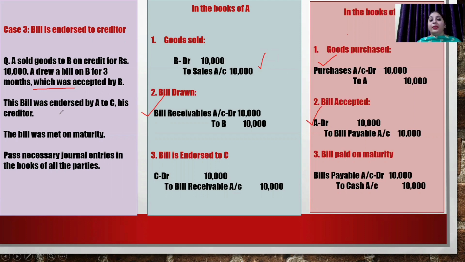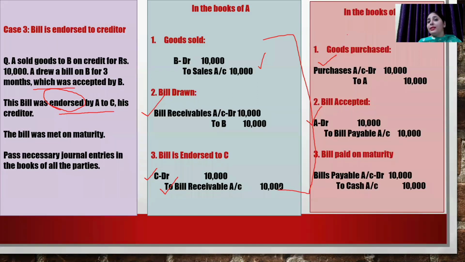Now this bill was endorsed by A to C. Endorsed means transferred. Let's say A has to give a certain amount to C. Instead of giving the amount, he said, I'll get the amount from this particular person B after a certain period of time. So this is the proof. Then C will say, okay, I'll take that money from B directly. You give me that bill. So here, debit the receiver. Who is getting that bill now? C is getting, and your bill receivable is moving out. So there is change in entry in the books of A.